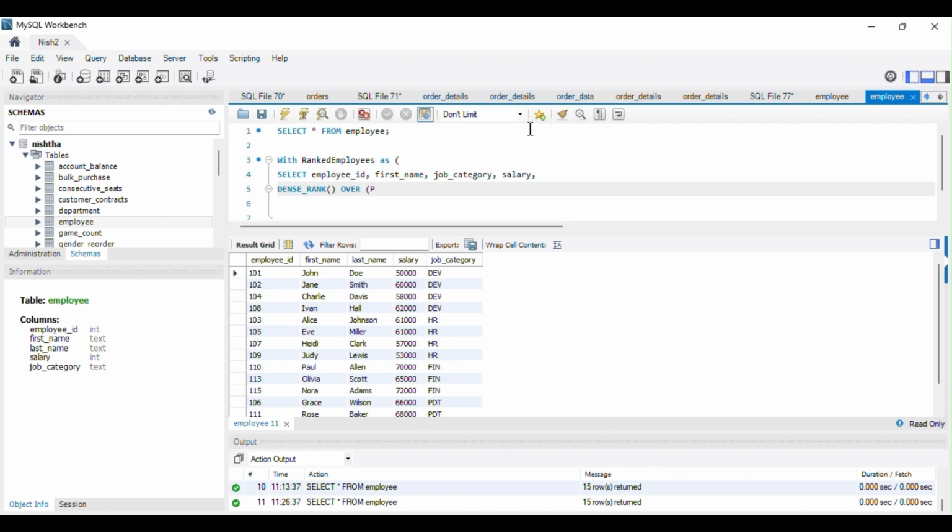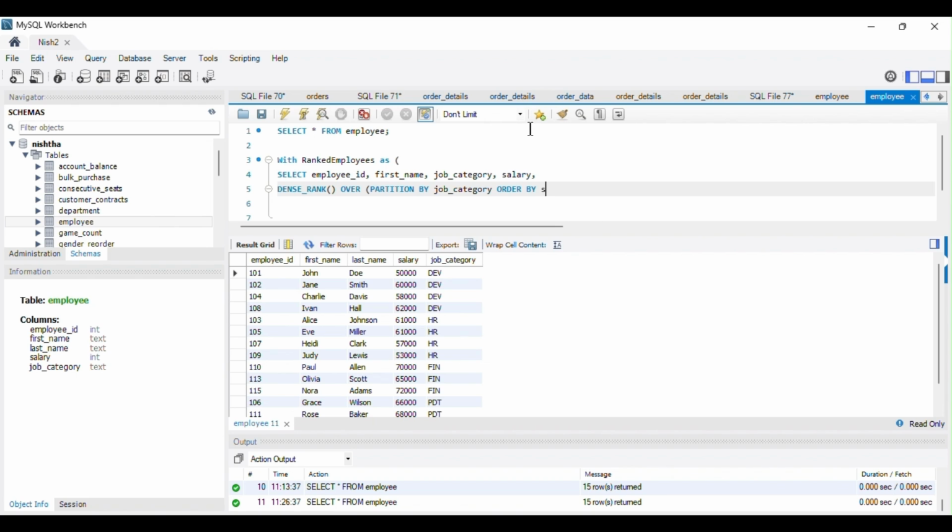So we will be applying the PARTITION BY clause on the job category column. Also, we have to do ORDER BY salary in descending order, since we have to display the third highest salary.